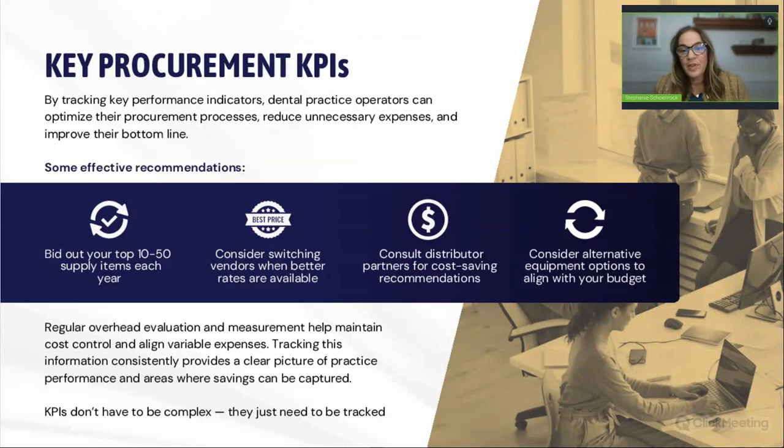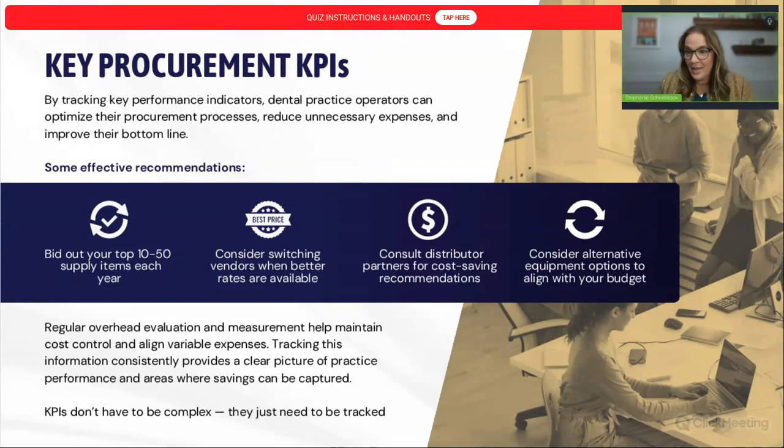So for example, there could be a good, better, and best nitrile glove, and you might be buying the best one. So if another vendor comes in and tells you their nitrile is, let's say, $3 less a box, and you think this is great, I've just uncovered a savings of $3 a box for however many quantity of boxes that your practice is purchasing, but it might not be meaningful, or it could be more meaningful, rather stated, if you talk to your existing distributor and try a good or a better glove, because you're not quite sure exactly on the quality. Now, there's ways around that, of course, but I just wanted to emphasize